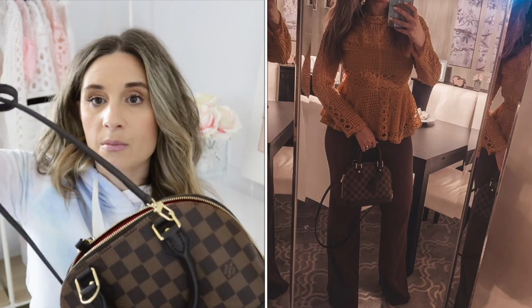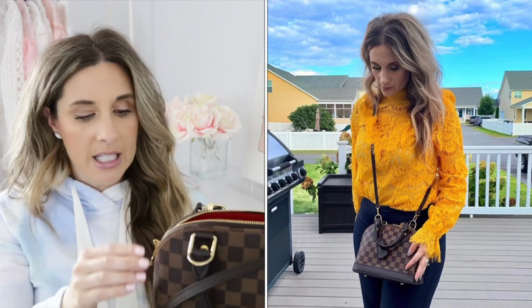And it also comes with this thin strap, so you can use it as a shoulder bag or you can also wear it as a crossbody bag. It unzips all the way down here. You open it up, it is just a bucket style bag, and the thing that I love about this,